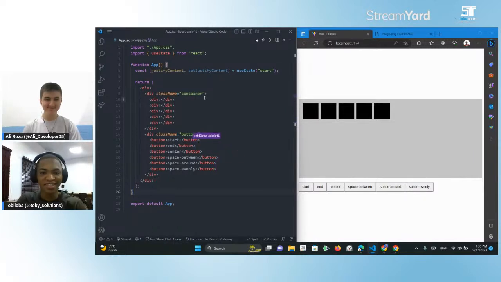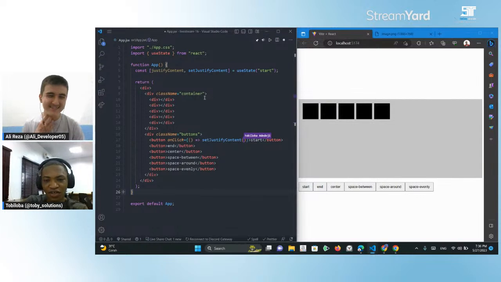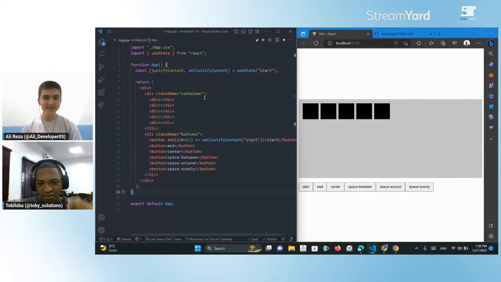All right, update the state. So here I'm just going to do on click. This is the event I'll be working with. I'll add it to the button, and on click I'll pass in the callback function. What I want to be done here is to set justify content. Why is it not suggesting it for me? Okay, sorry, live sharing. So I'm going to set justify content to start here. Exactly. Now I'm going to do the same thing for this, but I want justify content to be